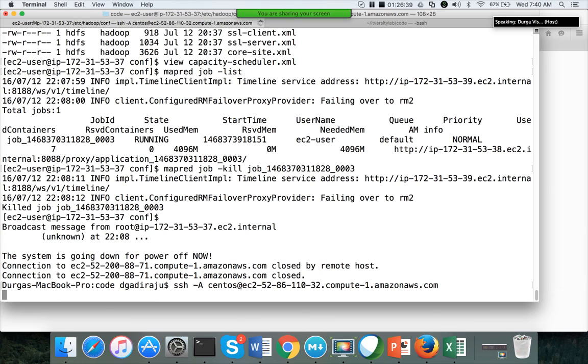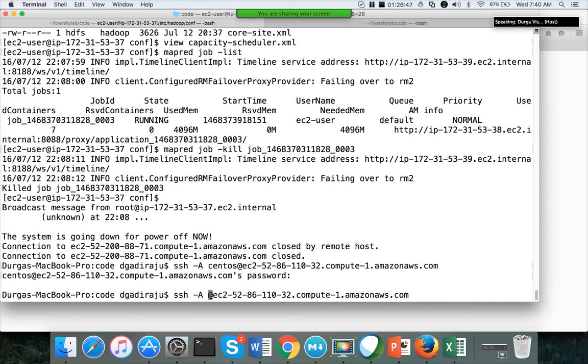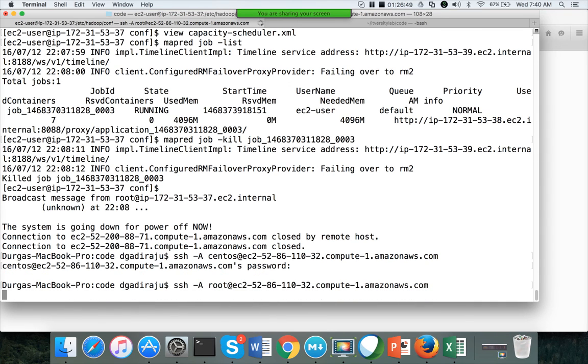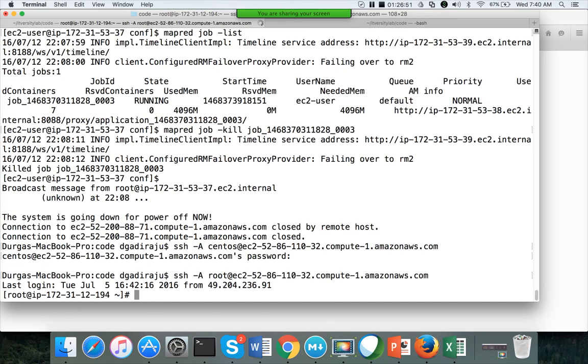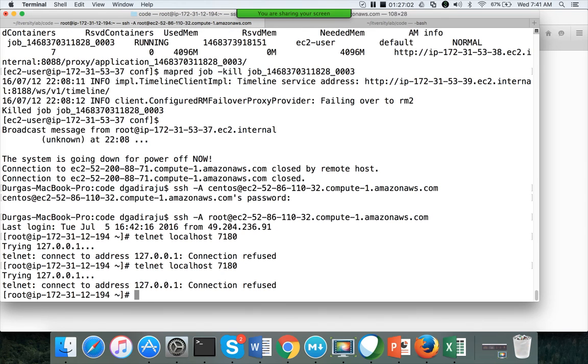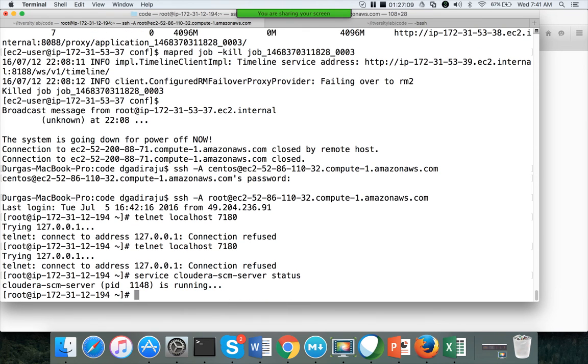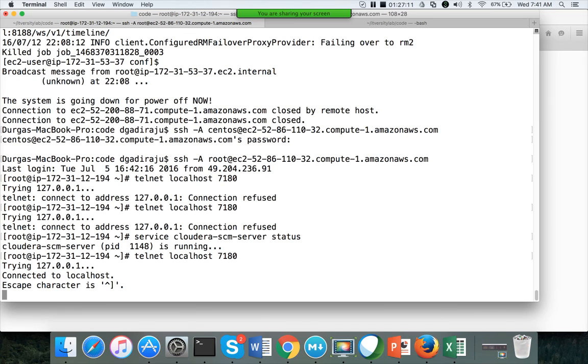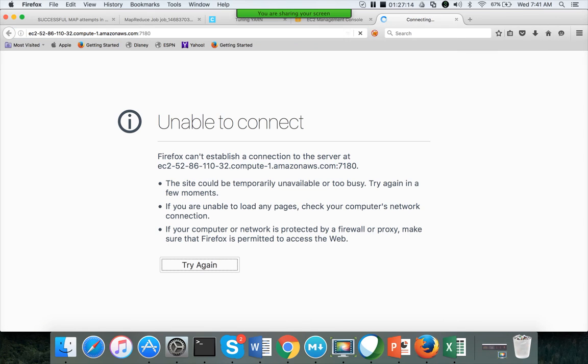Not CentOS, root. Telnet localhost 7180. Service Cloudera SCM server status. It's running. Yeah, now it came up. Okay, now it will work.